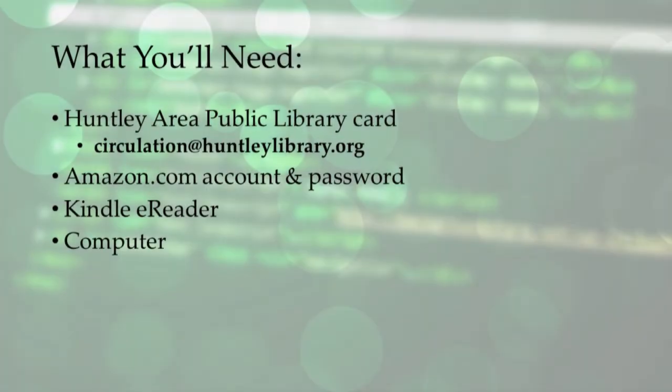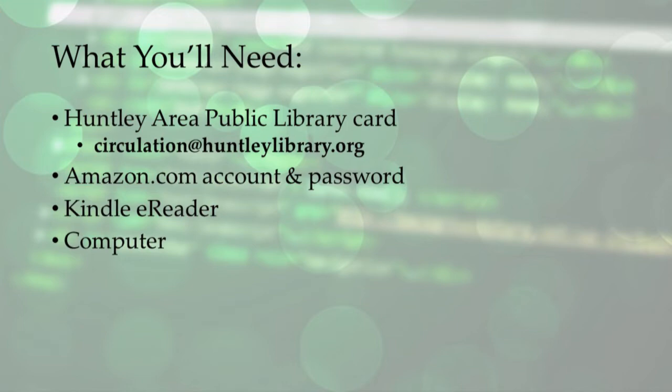Before we begin, we will need to have a few things in order. You will need a valid Huntley Library card. To obtain a new digital card, or if you need to address existing library card issues, please email circulation@huntleylibrary.org for additional help. You will also need an Amazon.com account and your Amazon password,